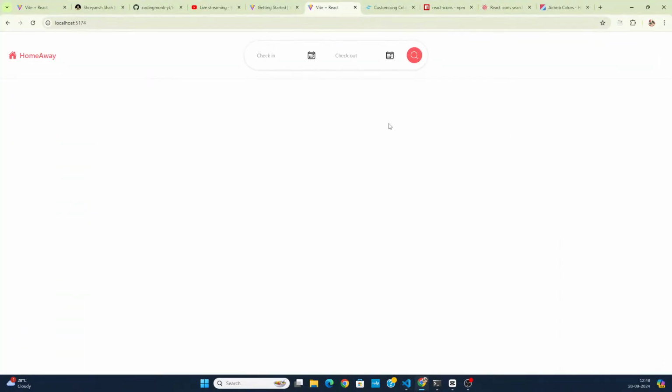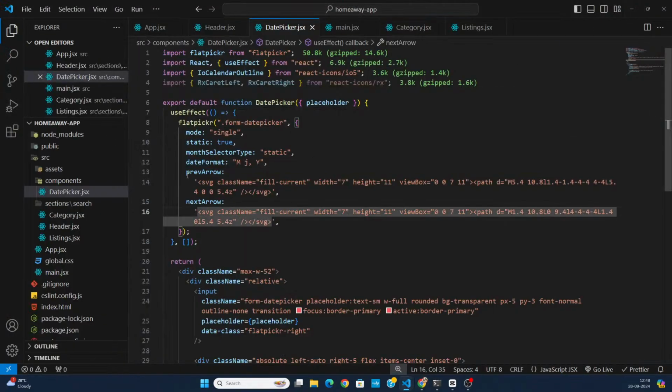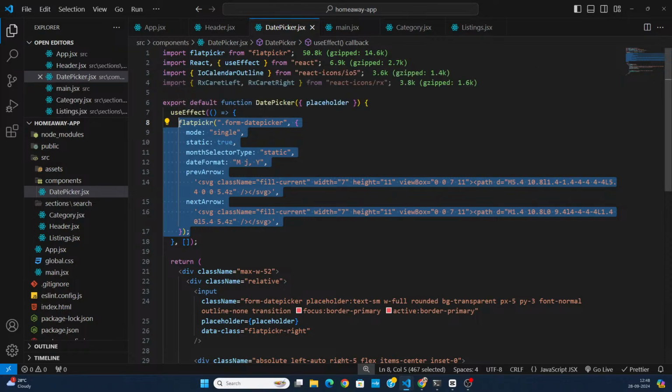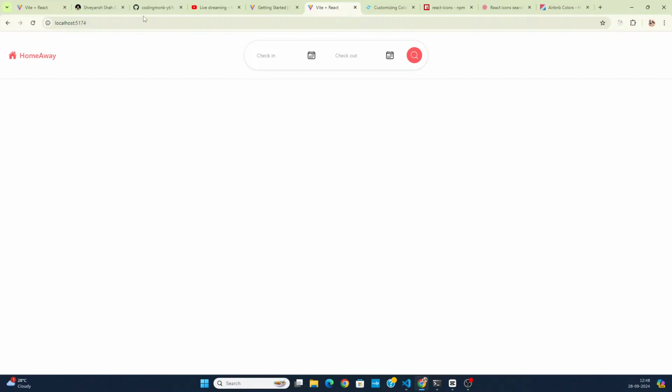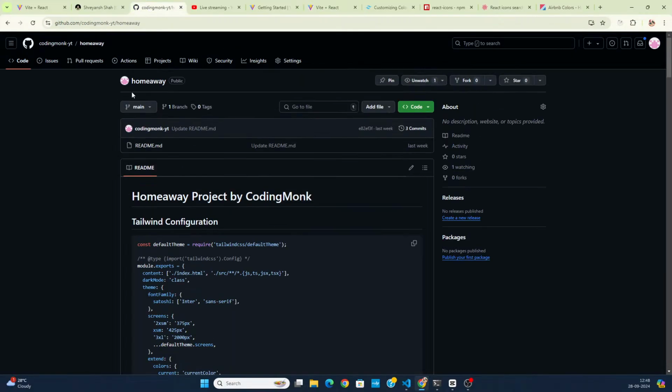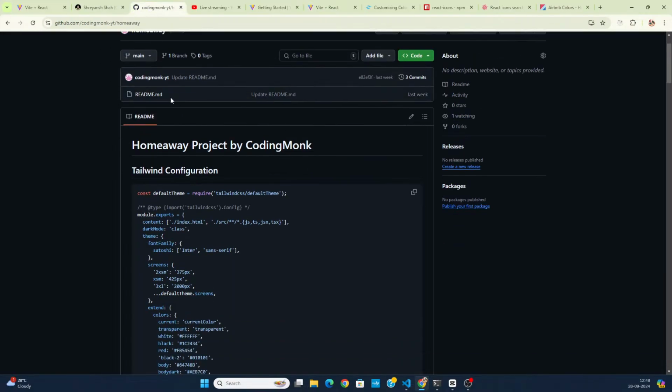So you can just go on Google and search for SVG icons, and you can get the SVG code. If you want, let me just do one thing. I'm going to pick this flat picker configuration. I have selected that. Now I'm just going to go back to my repo, coding this home away. Inside this readme file, I'm just going to paste it. So let me just modify this file,